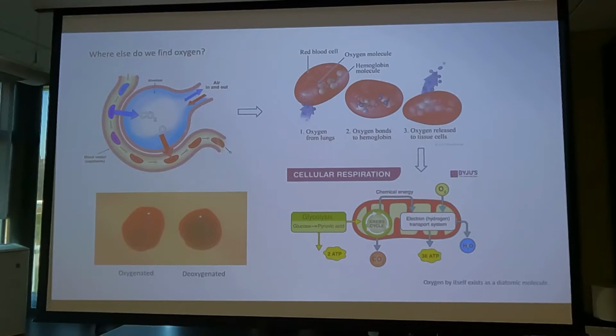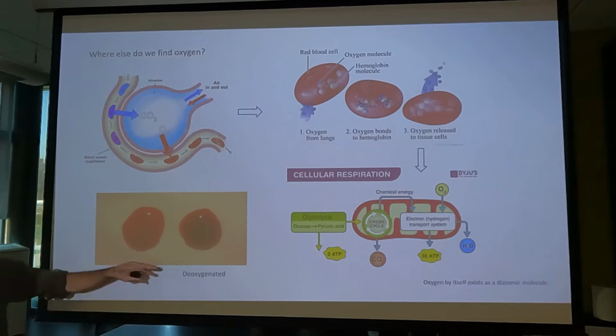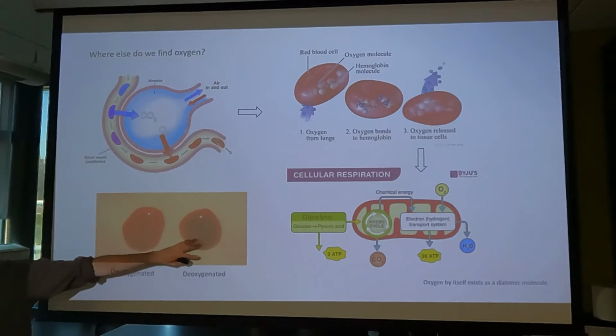This is just a side note, but when oxygen is bound to hemoglobin, it turns bright red. So oxygenated blood in the body, for instance in the aorta and all the major branches of the aorta, is oxygenated and it's bright red. Once that oxygen gets dropped off to the cells of the body and it's low in oxygen, it becomes this darker maroon color red.